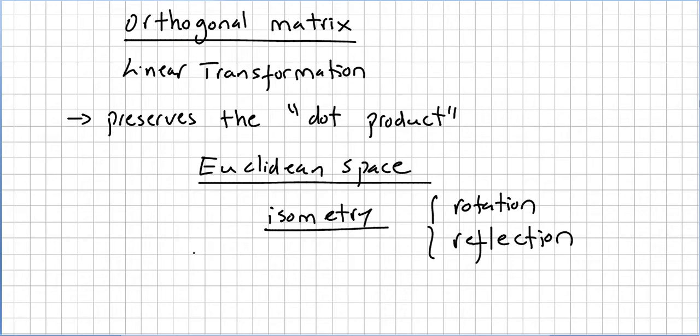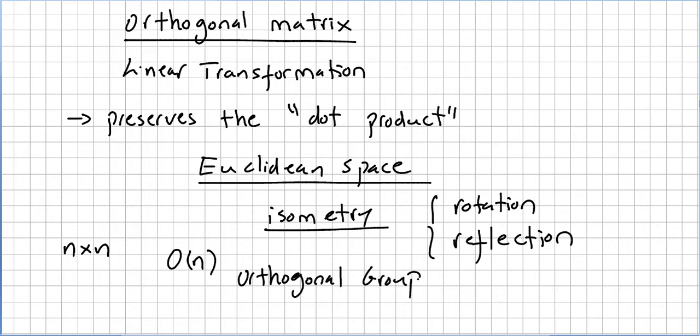Okay, these orthogonal matrices, of course, are square matrices. So they are n by n orthogonal matrices. They form a group called the orthogonal group, O(n), the very famous O(n). This appears a lot in physics and other fields. Okay, so this is the orthogonal group, a very important group. As I said, the orthogonal matrices have determinant 1 or -1,